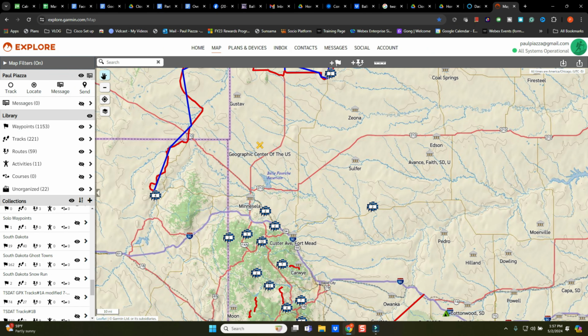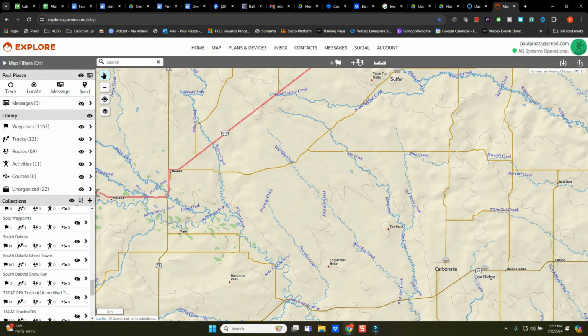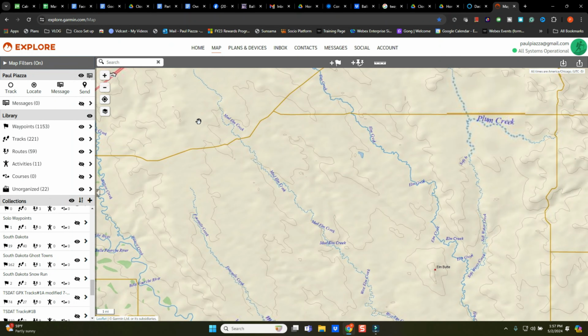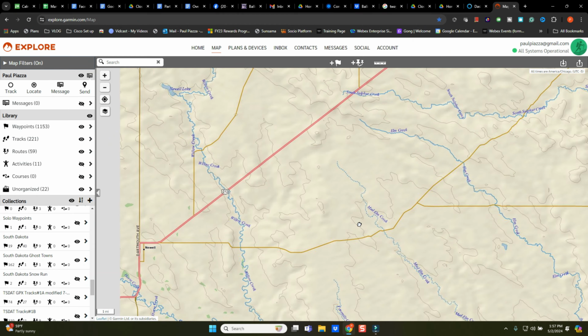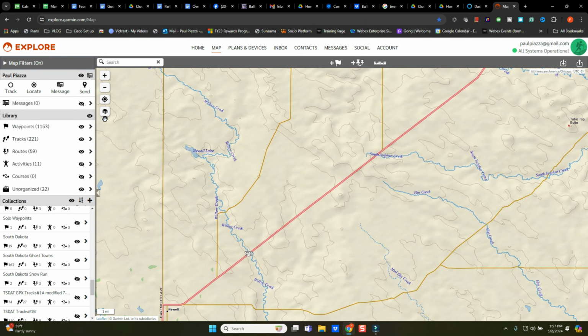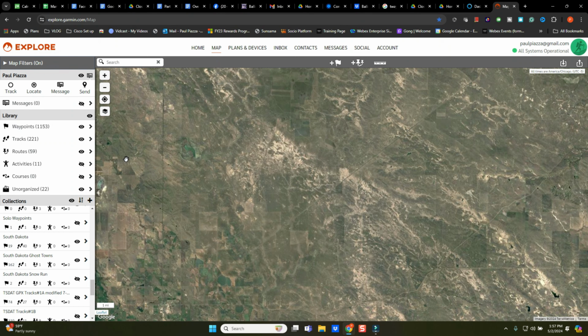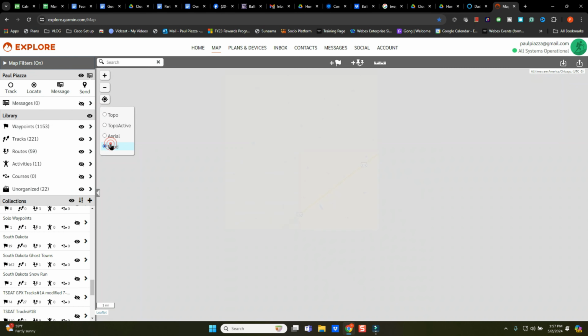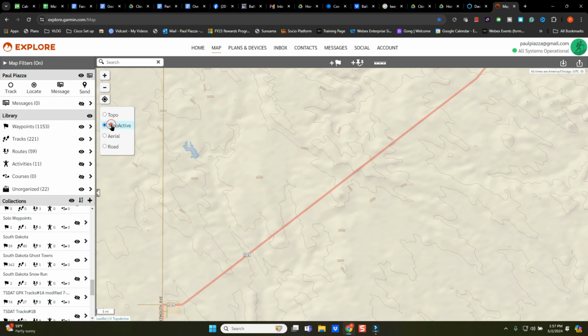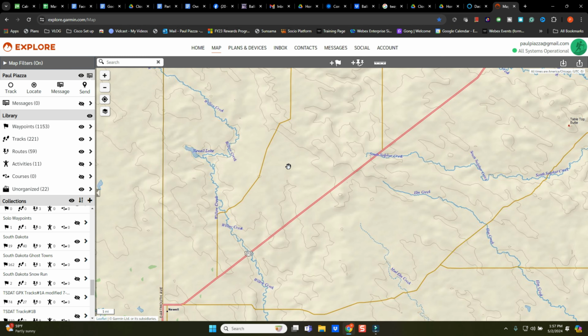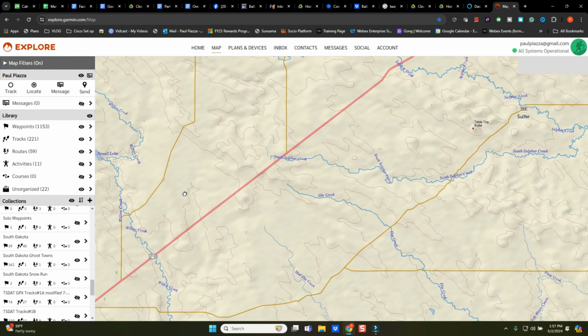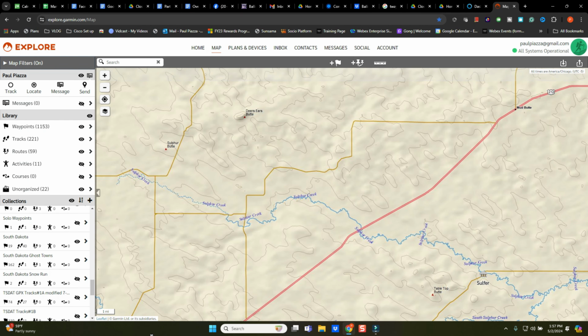So I'm going to zoom in here, and we're just going to build a route up near where I was. You'll see here it does not have the level of detail that the Tread app does, which I'm disappointed in. I think in many cases Garmin is missing out by doing this. We're going to bring up the topo active map. So let's bring up the aerial map. You can see here as you go through the maps, it really doesn't do a lot, and you can look at the road map, doesn't do a lot. The topo active is okay. The topo is probably your best bet. Those are your different maps. So planning here is a good way to get a base plan, but then go in and edit it.